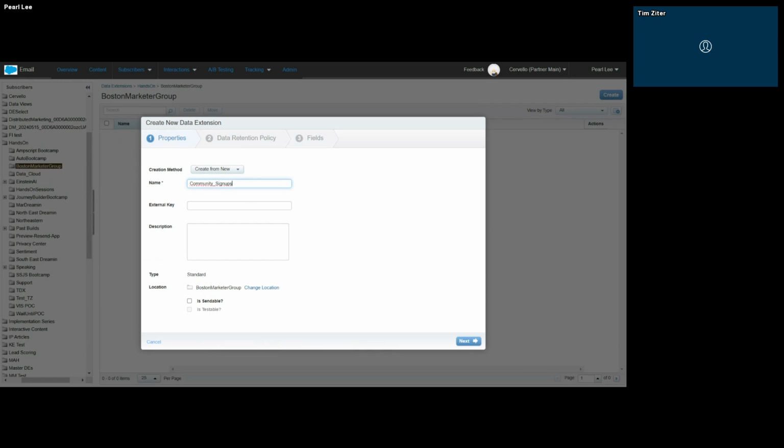Perfect. In the description, we'll just put: data extension of new community members entered from the sign up cloud page.